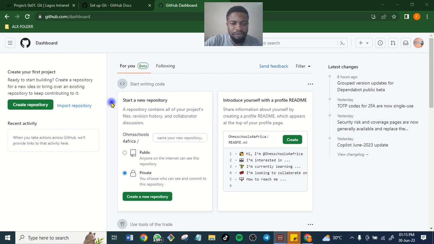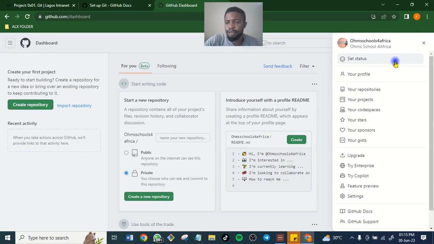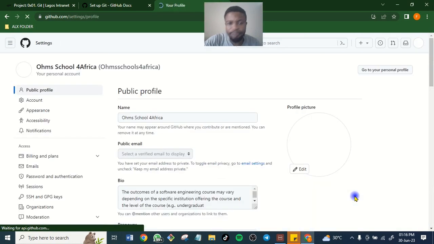After having this, then take your cursor. This is it. Just go straight to this place. See where the cursor is, click on it. Just follow it step by step. The first place you're supposed to go is the settings. On the right side, click on your settings.